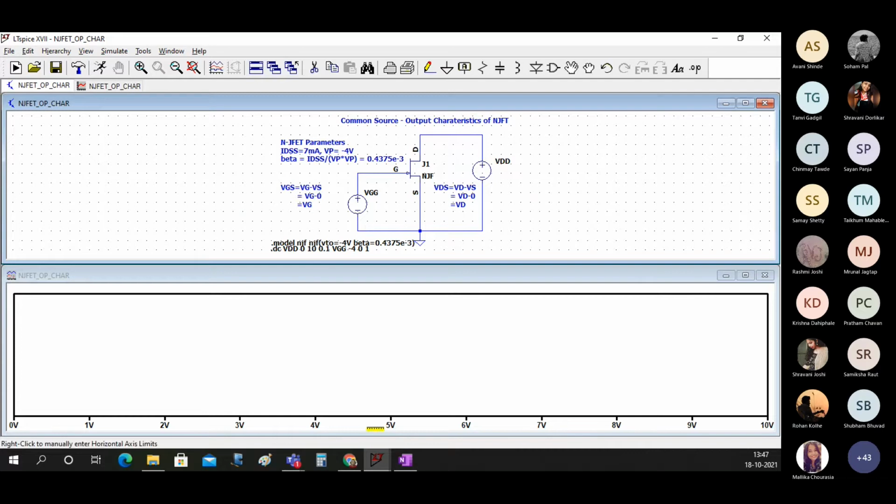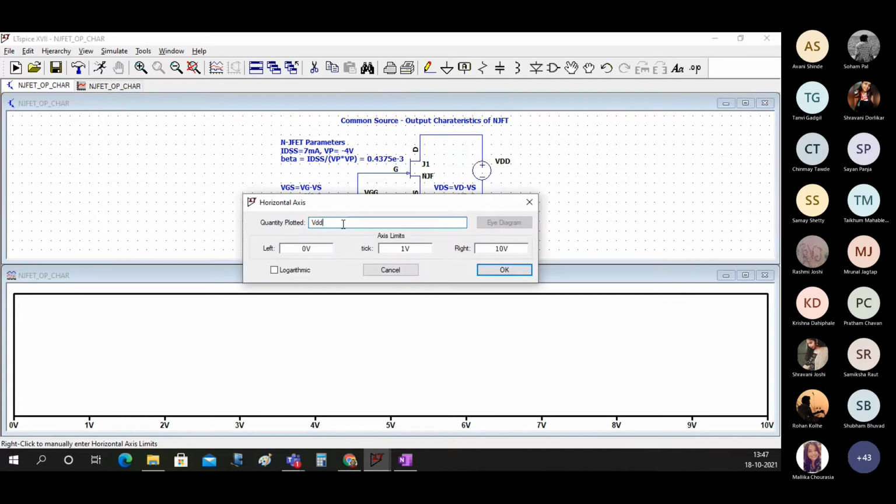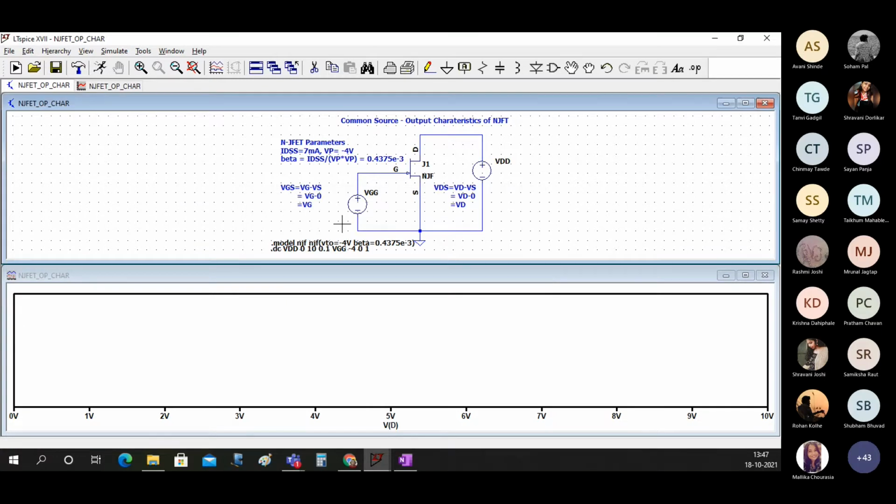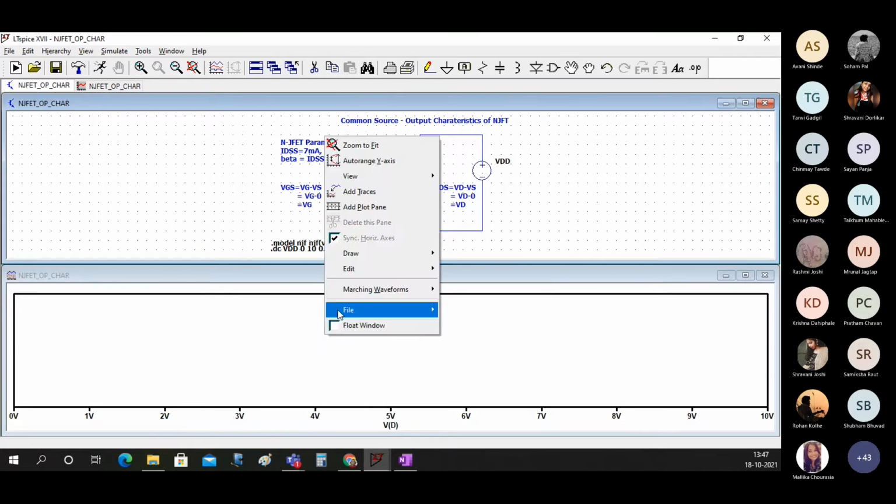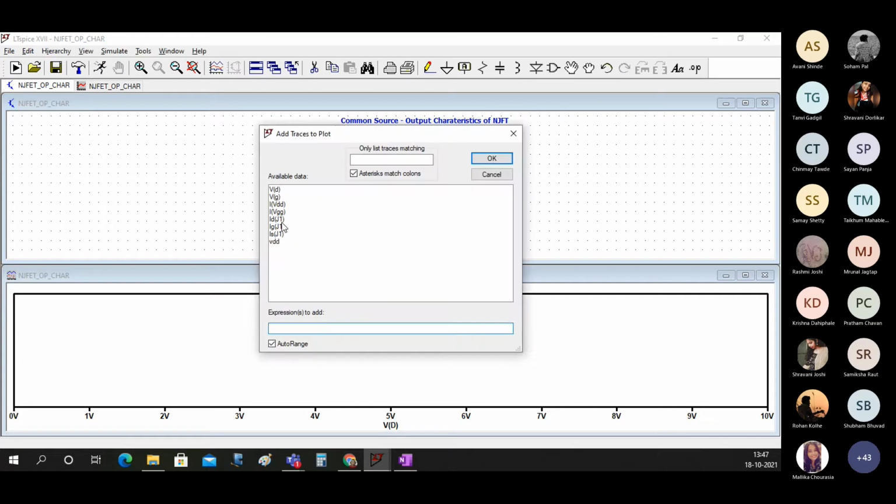And on this x-axis, we want now VDD, that is VDS. So that is nothing but V of D, that is voltage at point D, because source is connected to 0. And here I will add trace and say again ID J1.